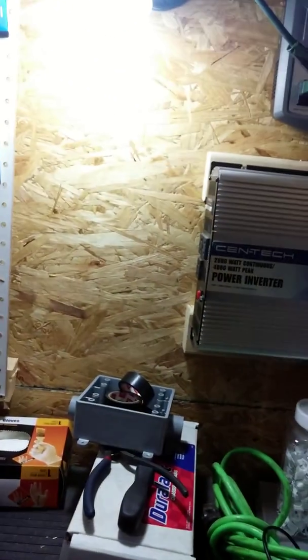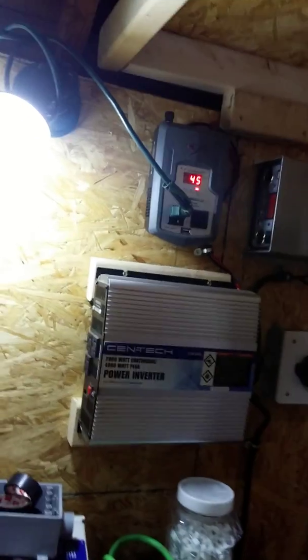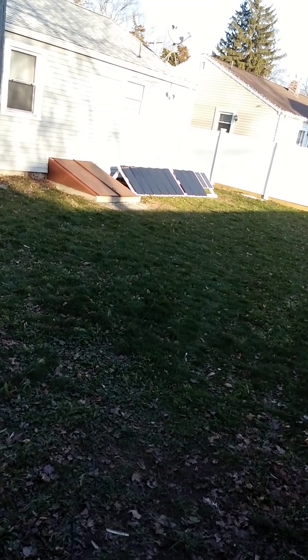So you see, I just have that, and this is just a floodlight that I use for the inside of my shed. It gets down to 23 watts. I don't know why it's at 45 right now, but it'll go down to 23, 15, whatever light bulb I have. And over there are my three Harbor Freight solar panel kits, and I have two 20-watt panels at the end